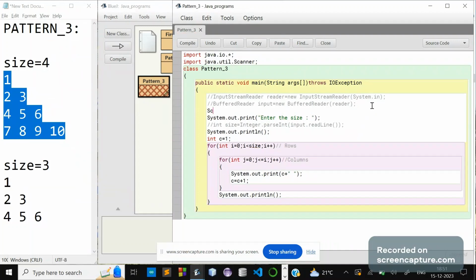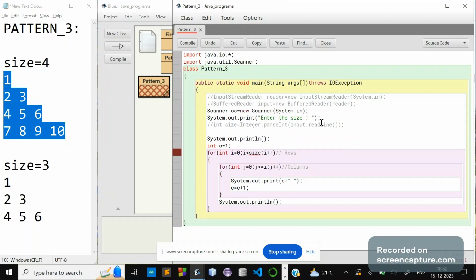Scanner sc equals new Scanner(System.in); semicolon. Now I have to give the variable for accepting the number. int size equals sc.nextInt();